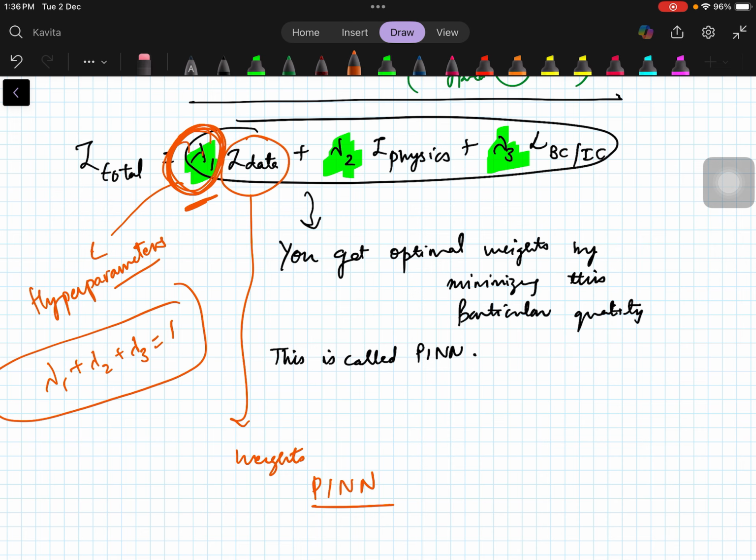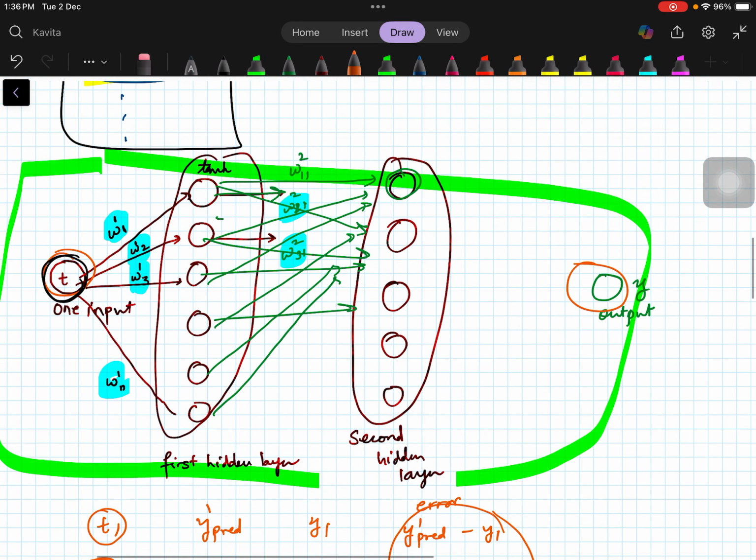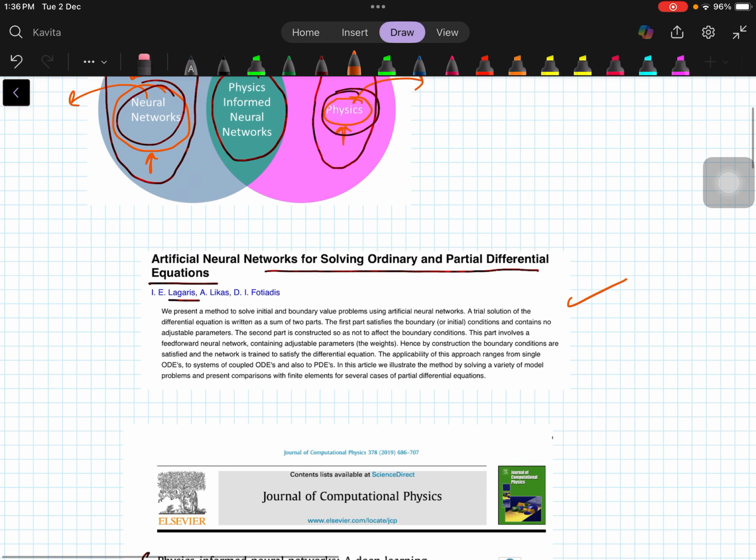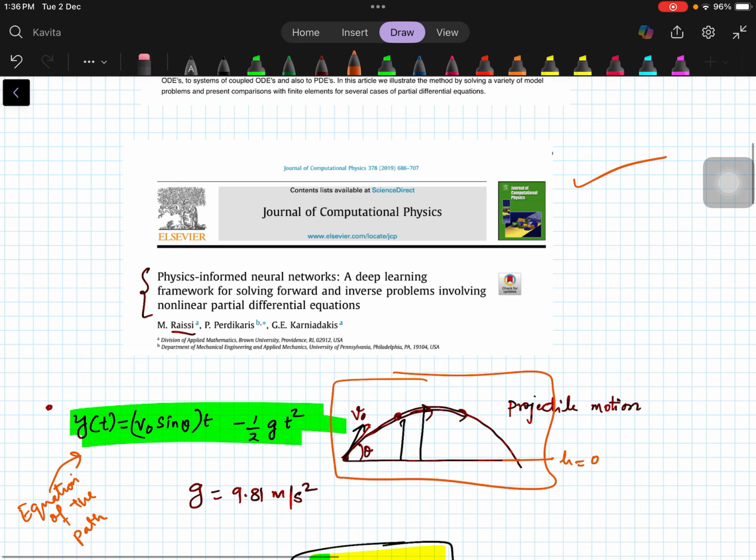So I hope you understood it well. If you want to get into details, you can follow these videos, and also this is a good paper, both of them. You can read these research papers and you can find out what they have done earlier, right? We will also do the coding and all those parts for physics informed neural networks. So stay connected. Please share this video with anybody who is starting to learn physics informed neural networks for computational fluid dynamics problems or any problems, right?